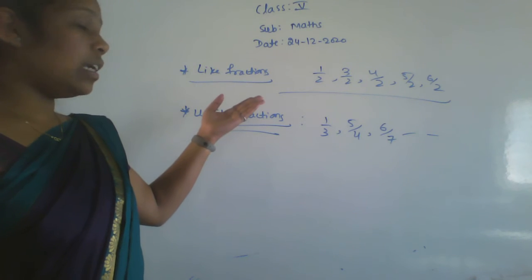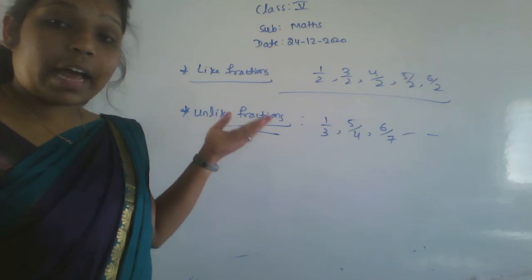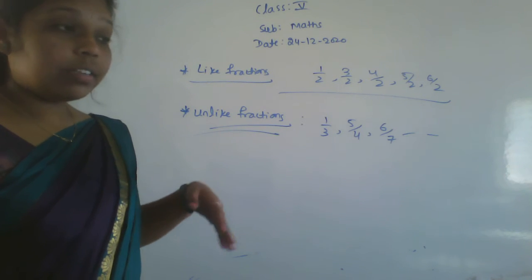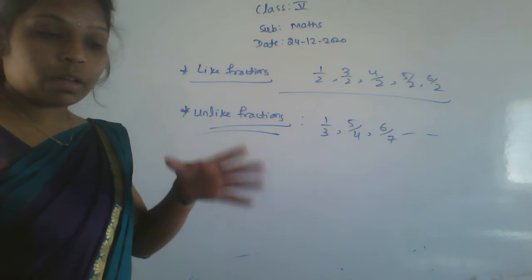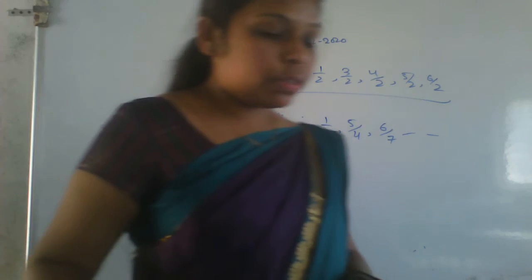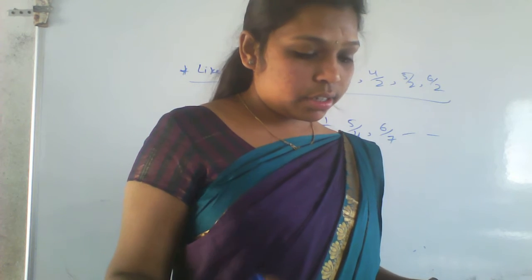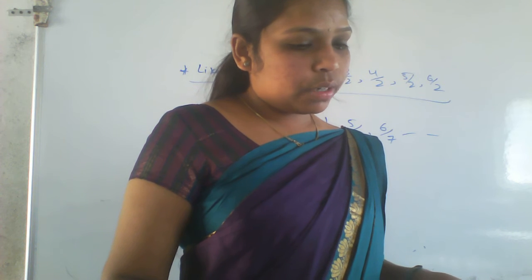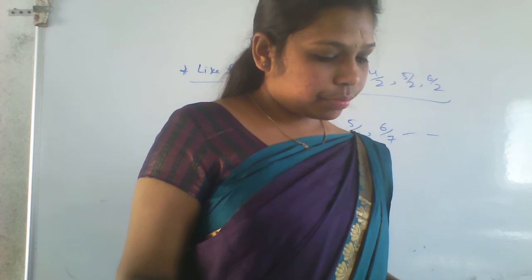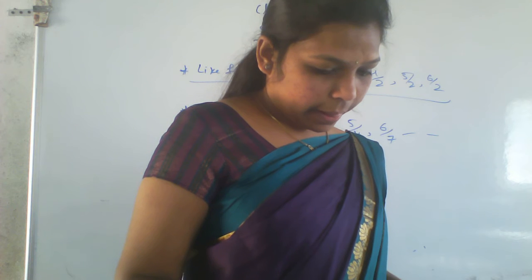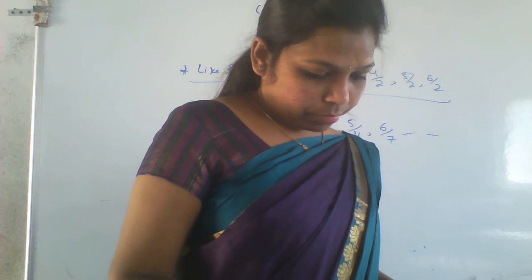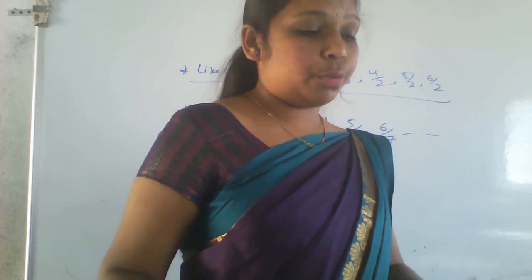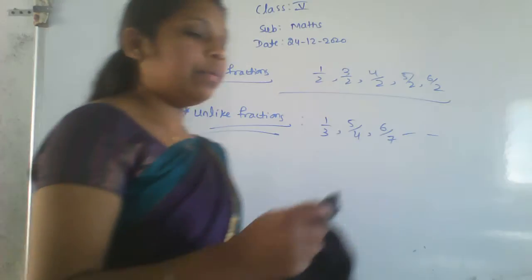If the denominator is the same, then we can add the fractions easily. But if it is not the same, if it is an unlike fraction, then we have to do some LCM and all the procedures are there. So that is the meaning of like and unlike fractions. And next one, subtraction. Okay, fine. So directly start with 4.2. Okay, so start 4.2.